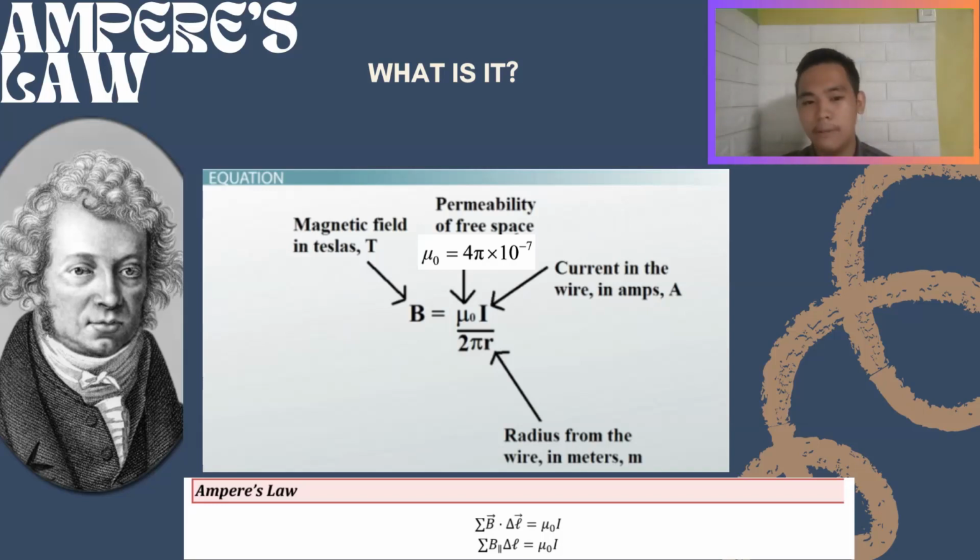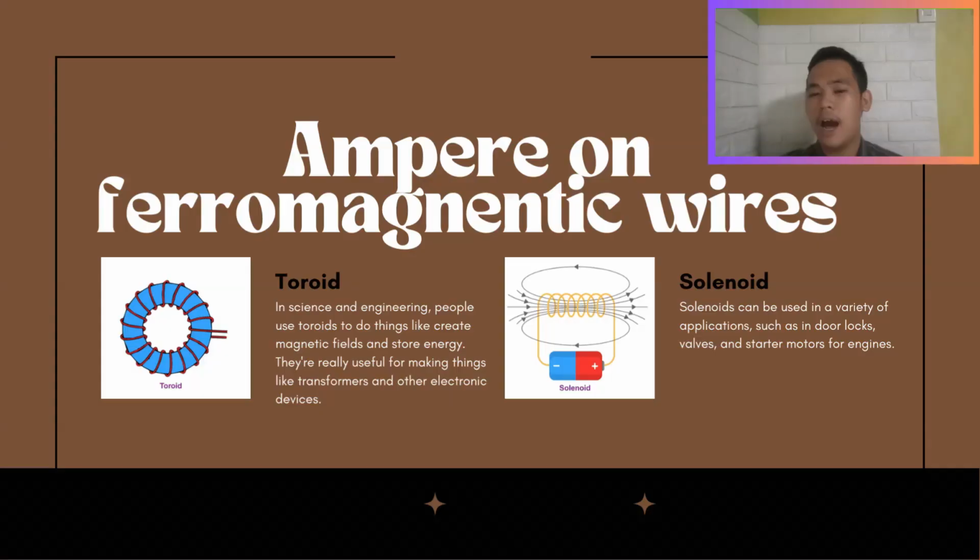Teslas is, in our world, ang Teslas kasi is yung ating ginagamit to find out like how strong ba, kumbaga, ang isang magnetic field, which is na-apply siya sa real life equations or problems para makagawa tayo ng different machines at iba pa. So, in that logic, itutuloy natin ngayon sa ampere on ferromagnetic wires.